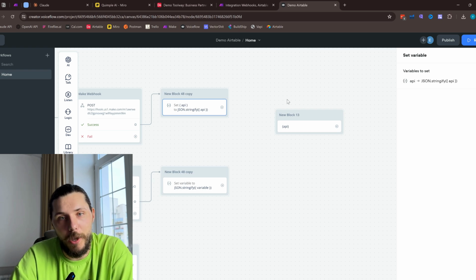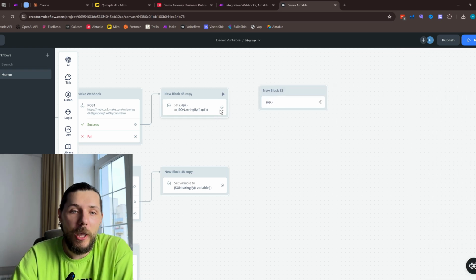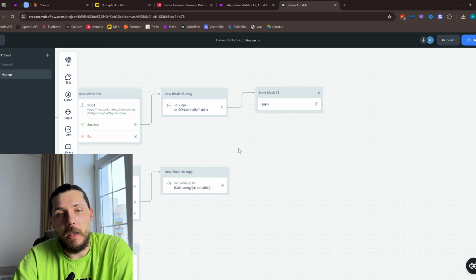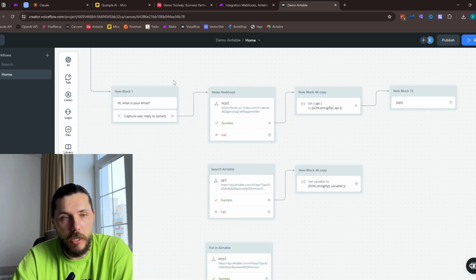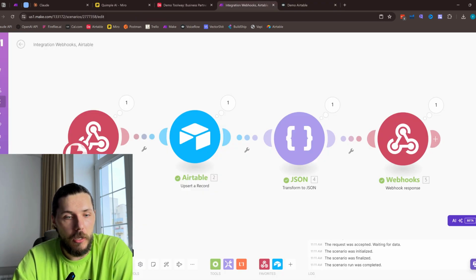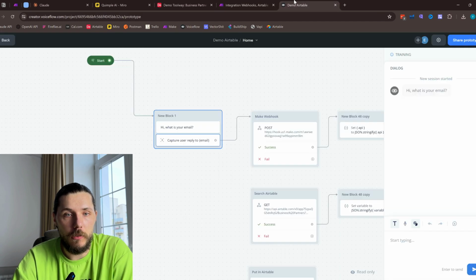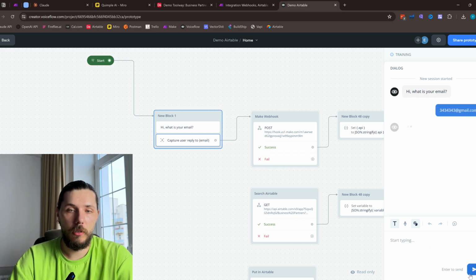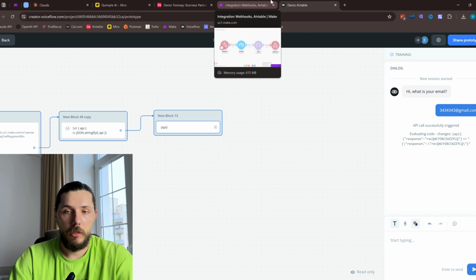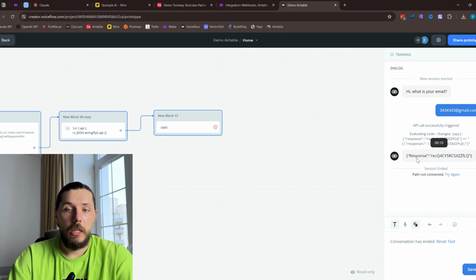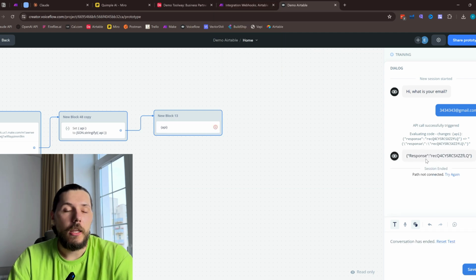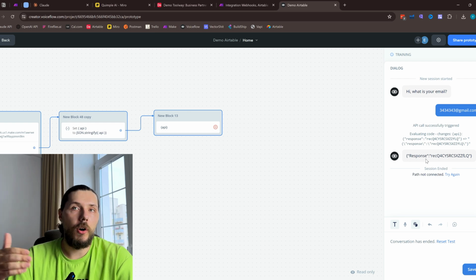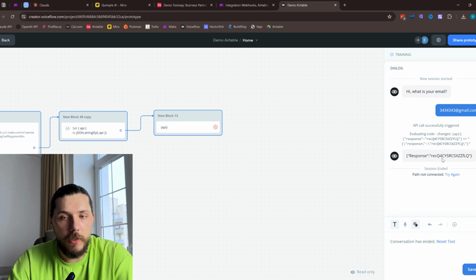Like, I hope you got it. Now, when we output the API, it should work if I didn't mess up anything. So when we run this test and we provide 3 to, whatever at gmail.com, now we are getting, yes, obviously we are not getting just the record ID since we're saving the whole thing,